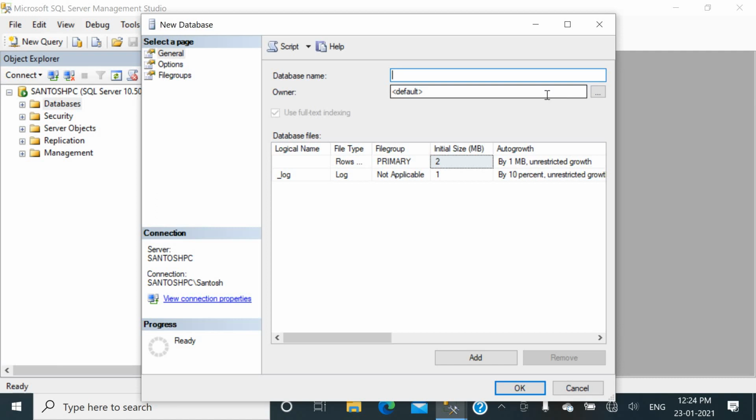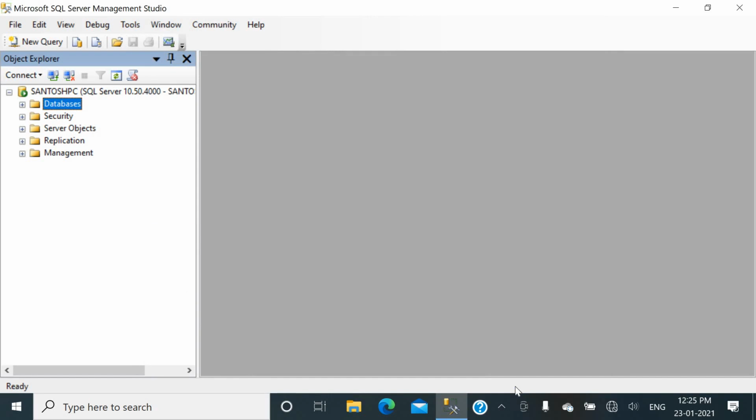For example, suppose std database. std database is the database name I want to give to my database. Okay, so here click on the OK button so that the std database is created in the databases folder.